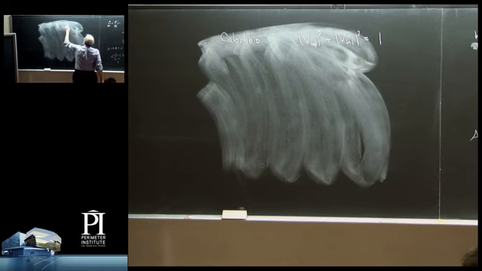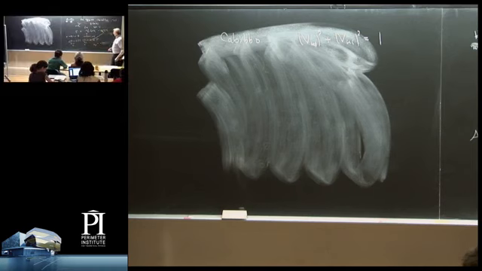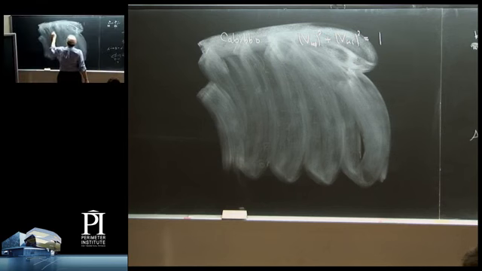Cabibbo noticed that VUD squared plus VUS squared was equal to 1. That is, that the presence of this term could potentially explain the discrepancy in this term from 1. And so what he did was to write VUS is equal to the sine of what we now call theta c, the Cabibbo angle, and VUD is the cosine of theta c. And the fact that this cosine is less than 1 is accounted for by this term.